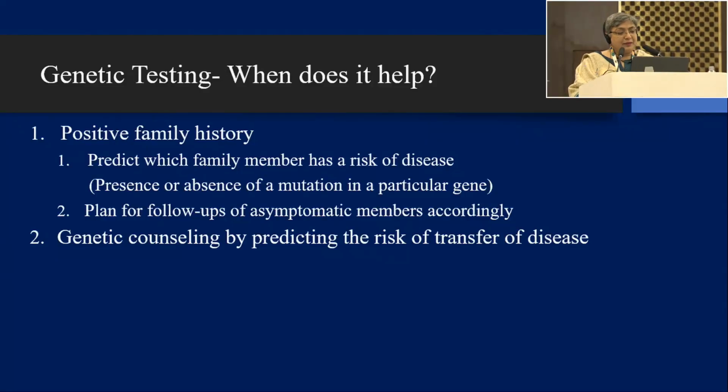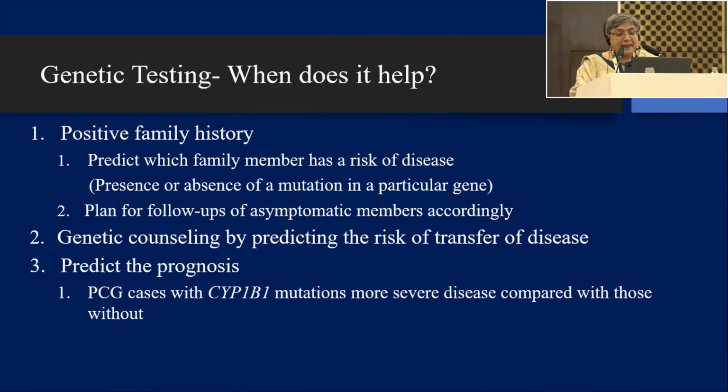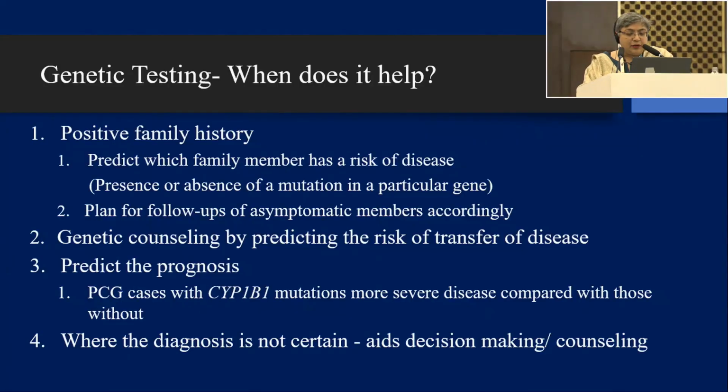That's important. Presence or absence of a variant might guide us towards which family member needs to be seen, and plan follow-ups of asymptomatic members accordingly. And of course, genetic counseling, by predicting the risk of transfer. In some cases now we can predict the prognosis of CYP1B1, which means some variants have more severe disease than others. And where the diagnosis is not certain, we've eaten humble pie a lot, and it aids decision making